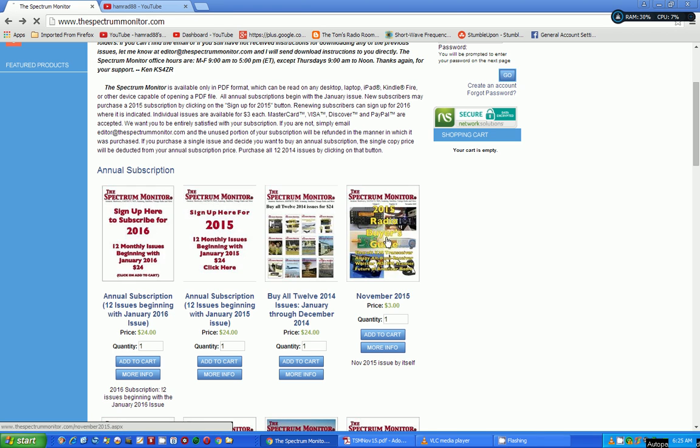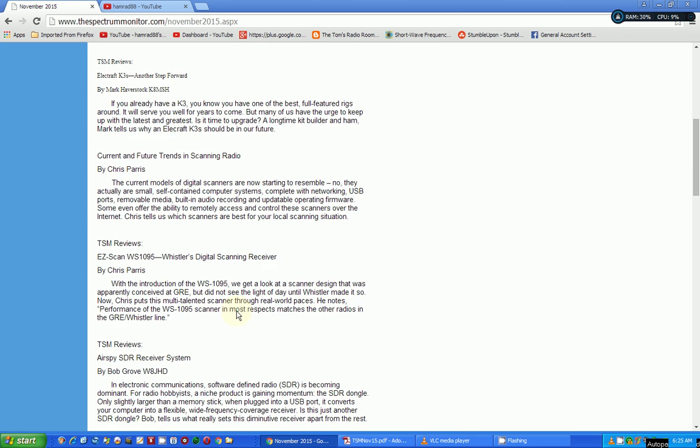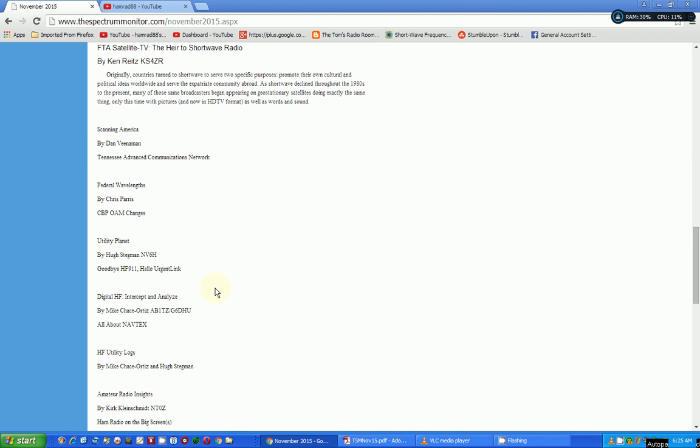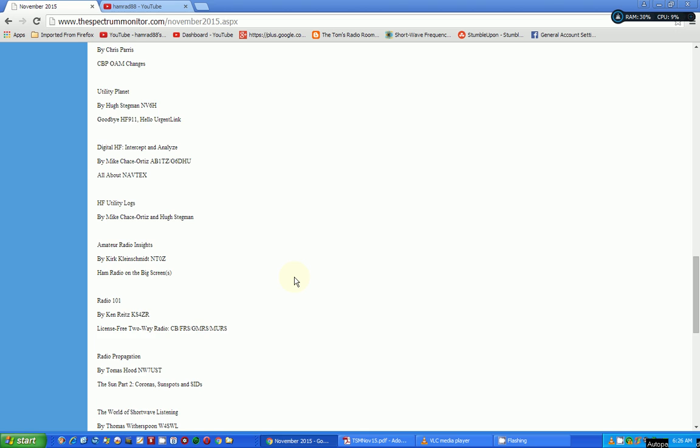And so this issue of the magazine has that article plus many, many more. If you go to this page here, it lists all the articles in this particular magazine. Like here's the latest Whistler digital scanner receiver. They go into a lot of details when they review individual radios. Here's the AirSpy SDR receiver system. And then you can see there's many, many. These in smaller print are the articles that appear every month, like here's one on HF utility logs,